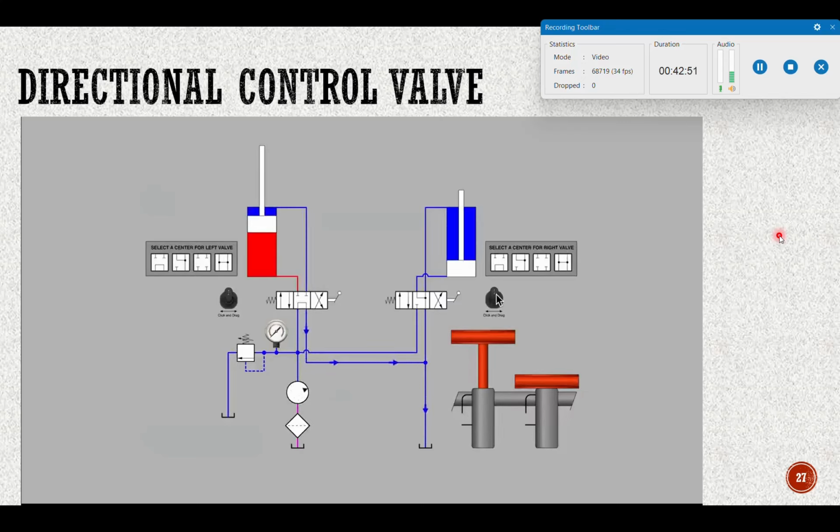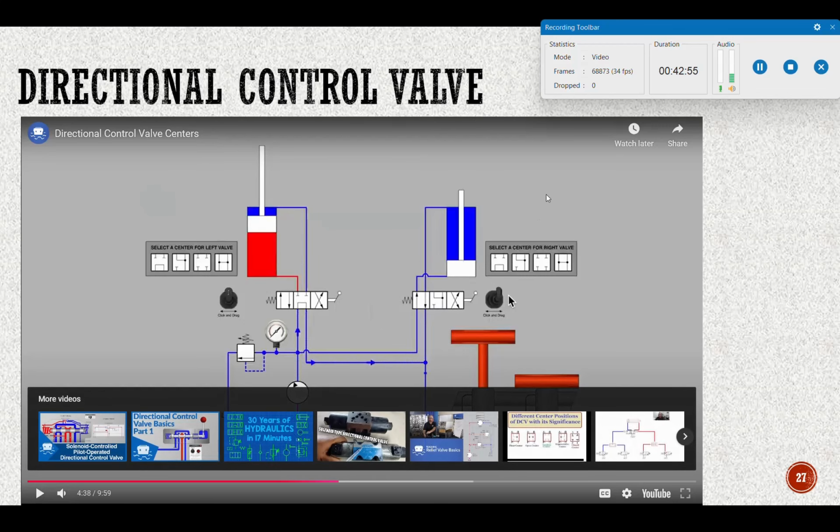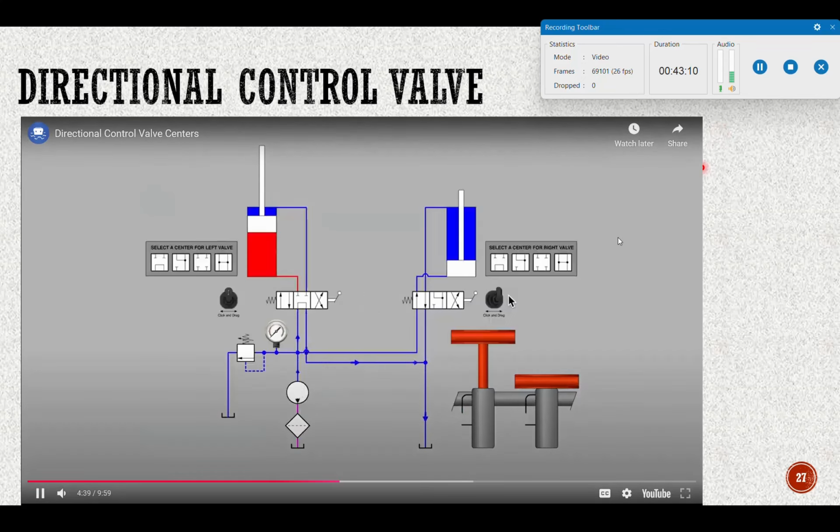But what about the valve on the right and the cylinder on the right? Are we able to raise